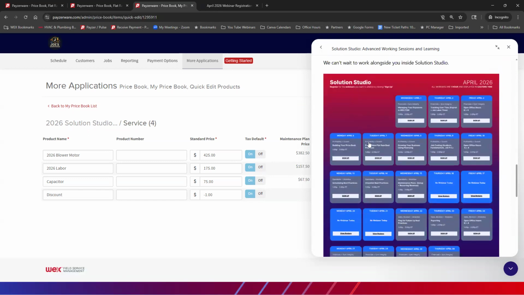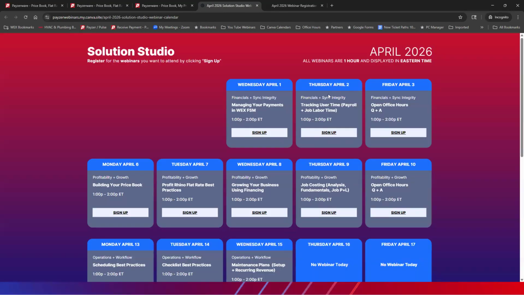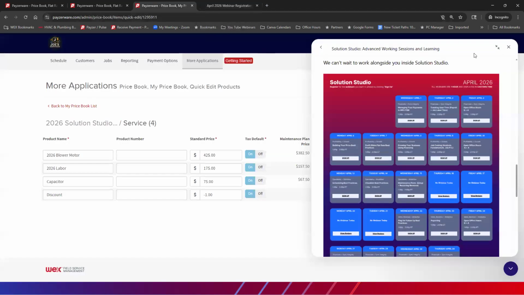And let's see, tomorrow is Wednesday. Let's see what we've got on the schedule for tomorrow, the 7th, 8th. We're going to be doing financing. So we'll be going over how to incorporate financing so that you can drive the revenue for your business up a little bit. If you guys haven't signed up for financing with any of our partners so that it's integrated into the system, you can always go into